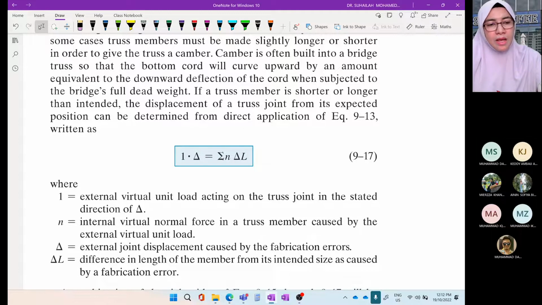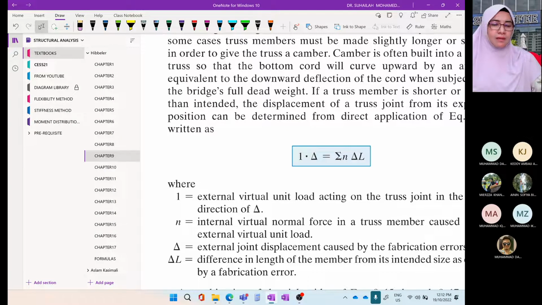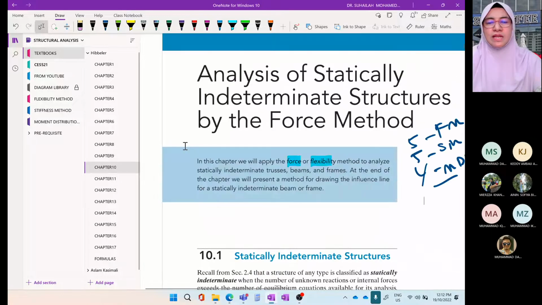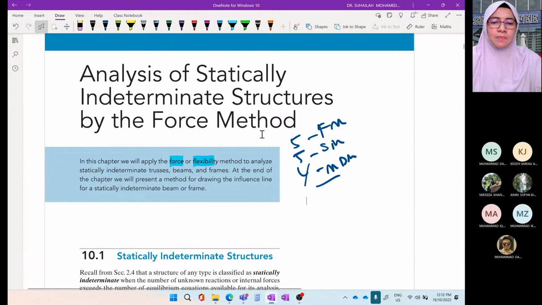So that is why chapter 9 pun nanti saya akan letak sekali so that you boleh refer when you need it. Okay, bila masuk chapter 10 baru flexibility method. And flexibility method ni dalam textbook dia panggil force method. So ada dua nama lah. Flexibility method is also known as force method. So this is chapter number 10, force method. Okay, dalam kebanyakan buku-buku rujukan nama dia force method. Sama je, benda yang sama.